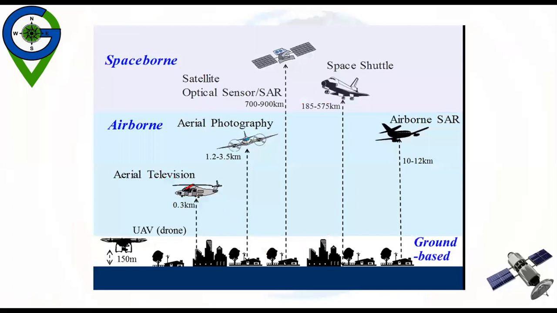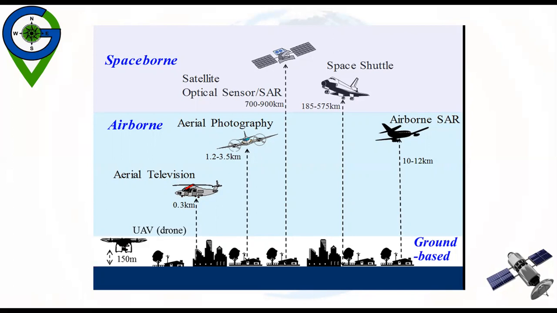Satellites are objects which revolve around another object, in this case, the Earth. Our natural satellite is the Moon, and the satellites that we launch and place in an orbit are known as artificial satellites. And with the help of these artificial or man-made satellites only, remote sensing is being done.